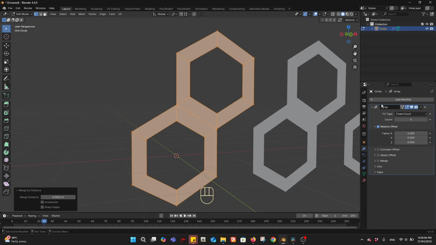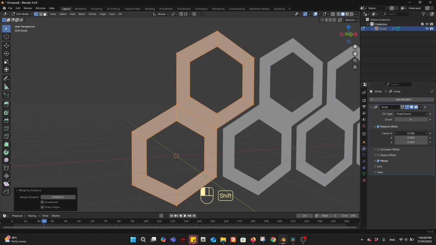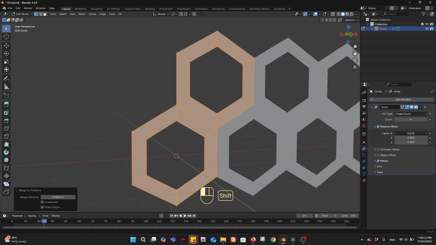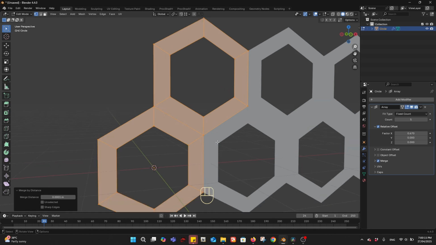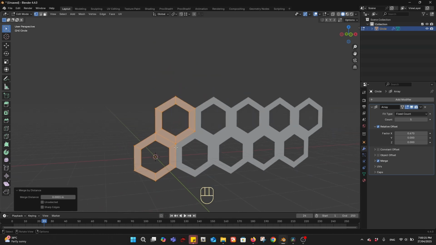So now come to the array, tick the merge, and go back to the factor X and hold the shift key and drag this number closer and closer here to snap. Now it snapped, so no gaps are there. For me the number is 0.670 and we need to go up this time, and for that we need another